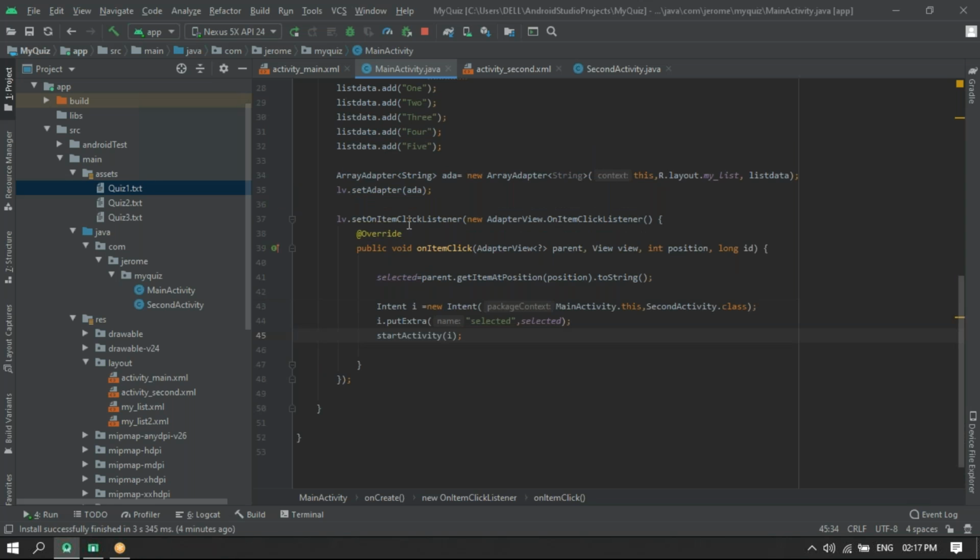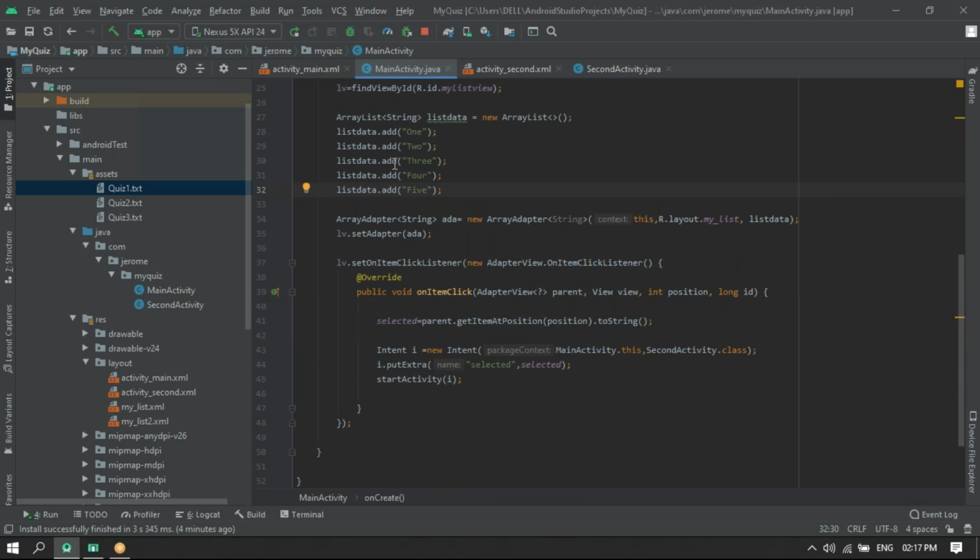So now what I want to do is, instead of adding the data manually, here we added the